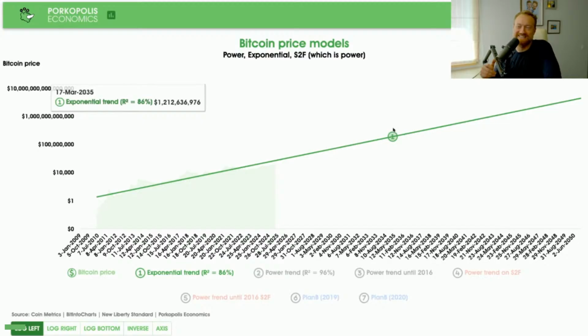$1.2 billion a coin. I will never complain if I'm wrong here, but I'm trying to go to probabilities and help people out on this channel. I will never complain if Bitcoin is $1 billion equivalent 10 years from now. And obviously, if Bitcoin gets to $1 billion, then we've gone through some sort of hyper-Bitcoinization because